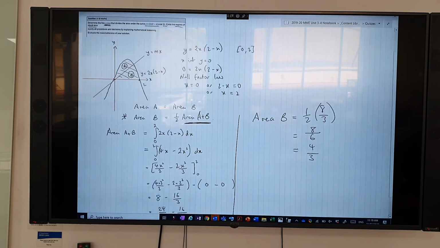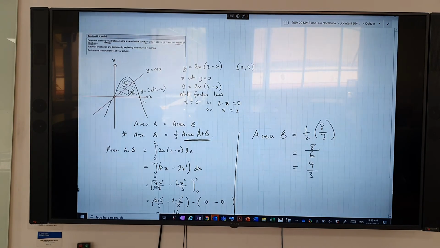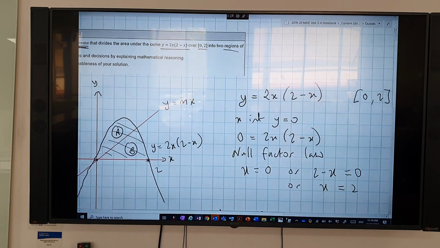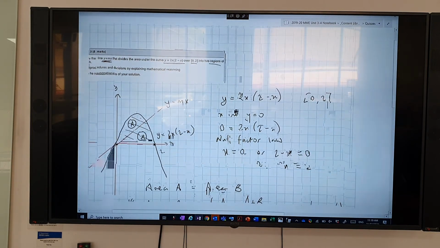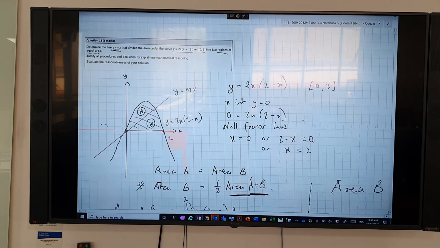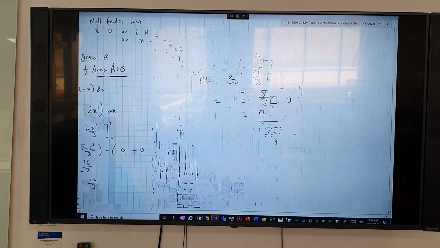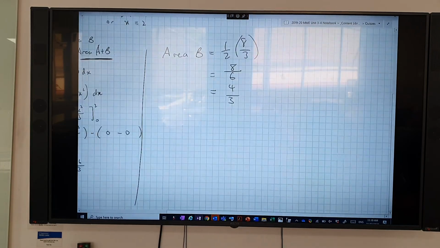But remember the story I was telling you? They missed out the x on this. You sometimes have to have confidence in your maths, and it doesn't matter if you get things wrong, just laugh about it. It's absolutely fine. I always get things wrong. So we've got this. We found a lot out now, haven't we? We know the area of B has got to be 4/3.